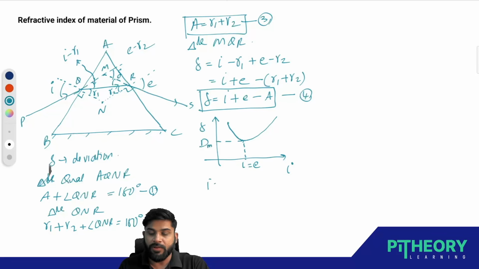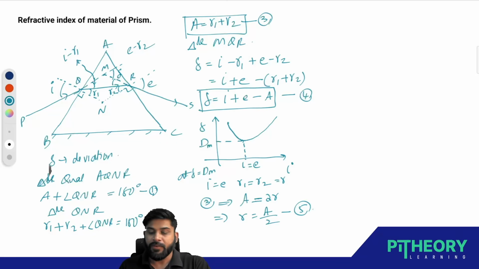So if I is equal to E, R1 will also be equal to R2. Let's write it as R. This is when delta is equal to Dm. So at delta equal to Dm, equation number 3 becomes A is equal to R1 plus R2, or R plus R, which is 2R. This gives you R is equal to A by 2. Let's say this is equation number 5. Now, what will happen to equation number 4? Equation number 4 becomes, with I and E both the same,